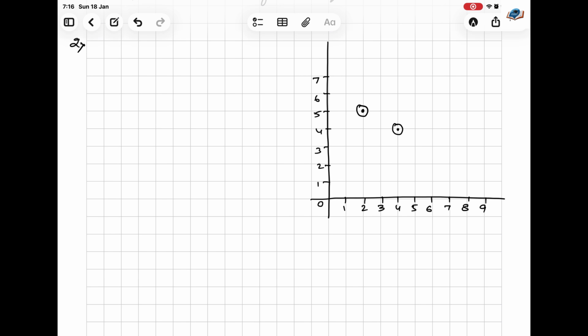This is P. This is Q. And R is 8, 3. Now he is joining all three of them. So now he has given me the thing like this, a group of